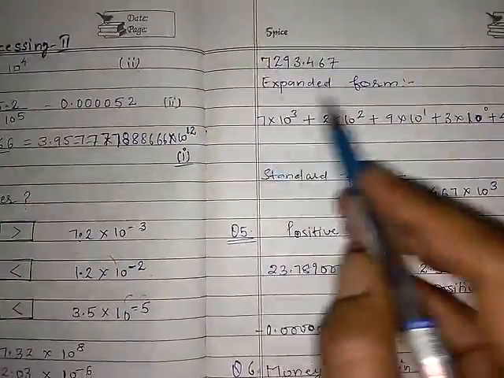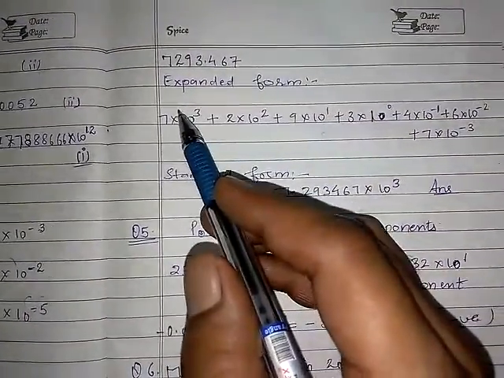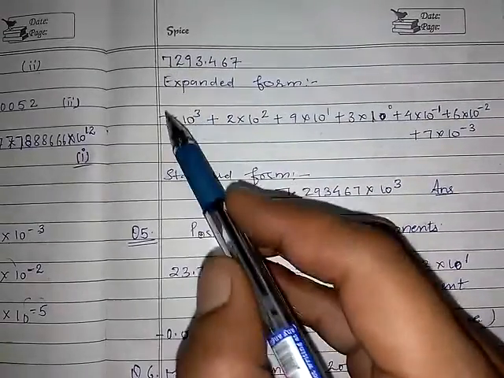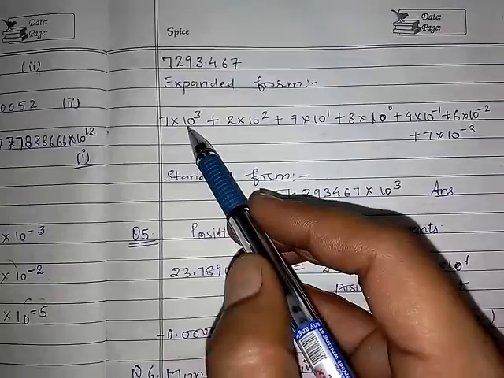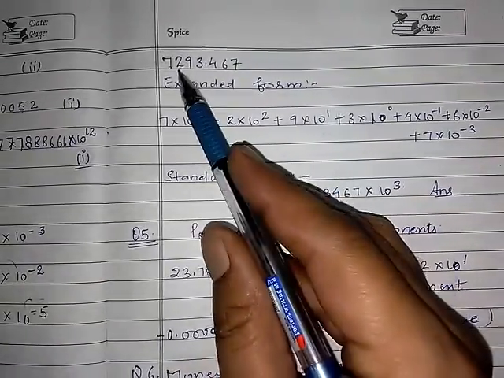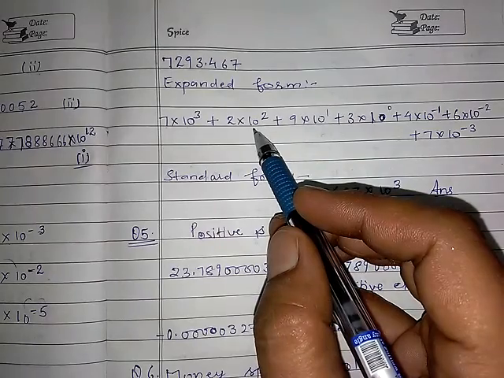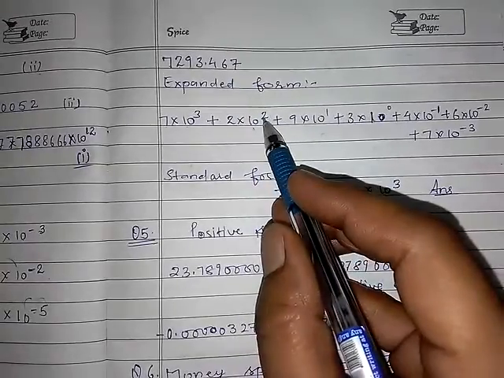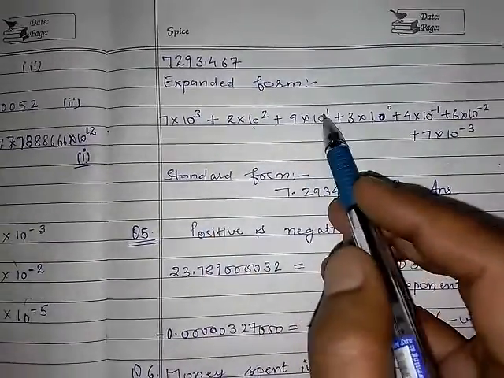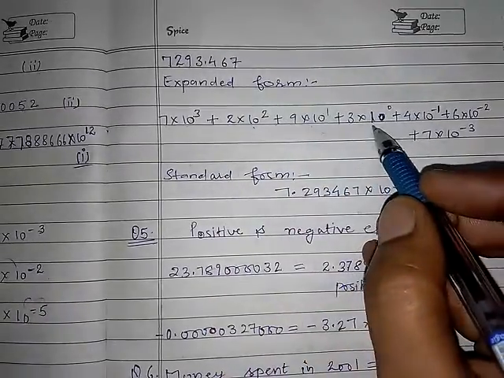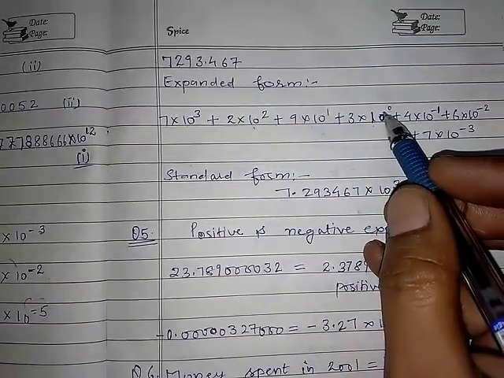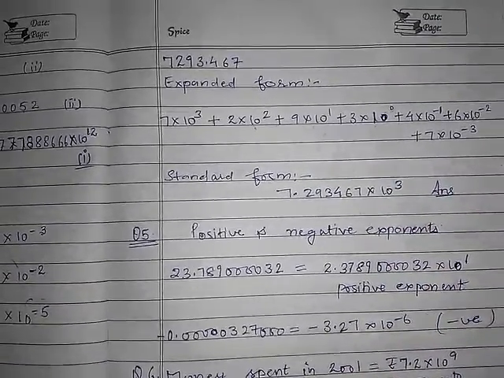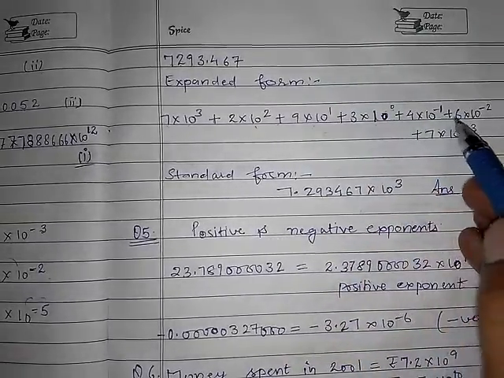So this is the given number. Expanded form will be like this. Now let us start with this one place. Which place is this? This is ones, tens, hundred, and thousand place. So it will be 7 into 10 raised to the power 3 plus 2 multiply by 100. This is the hundred place. So 2 multiply by 10 raised to the power 2 plus 9 multiply by 10 raised to the power 1 and 3 multiply by 10 raised to the power 0. Clear? So I think all of you are aware about this expanded form because we have done it in junior classes, right?